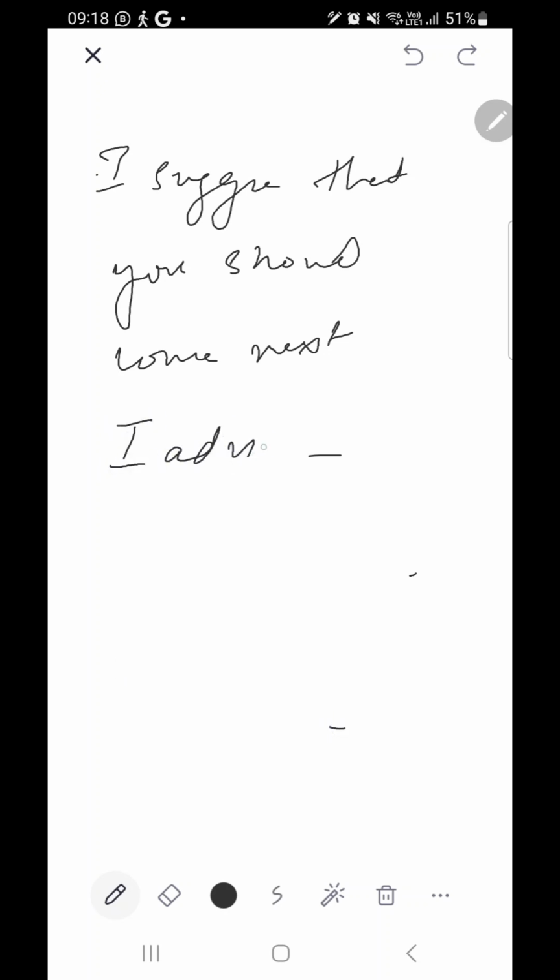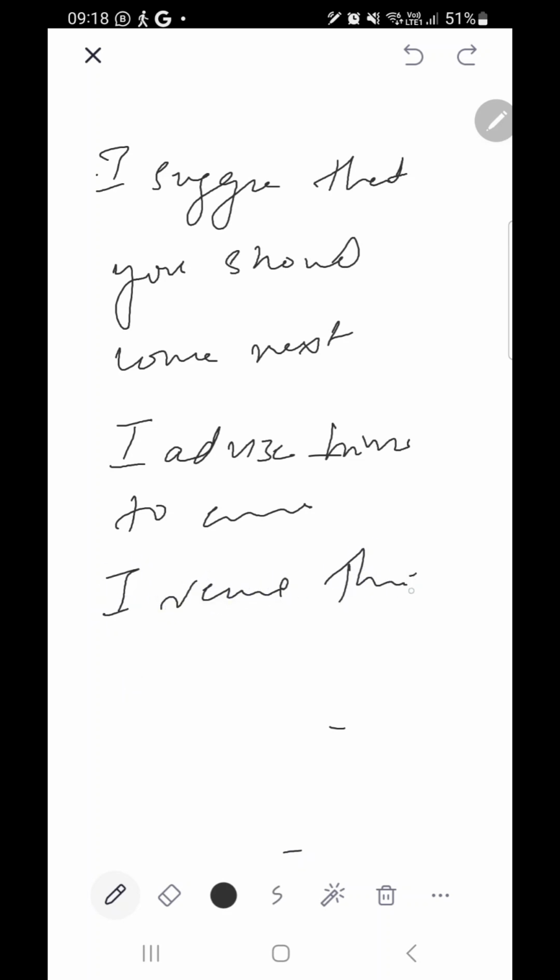And I advise him to come next week. Similarly, I recommend that you should come next week. So the words suggest and recommend cannot be followed by an object pronoun such as him or her. This is a common rule that you have to understand. Suggest and recommend cannot be followed by an object pronoun such as him or her. I suggest that or I recommend that, rather than using I advise her or